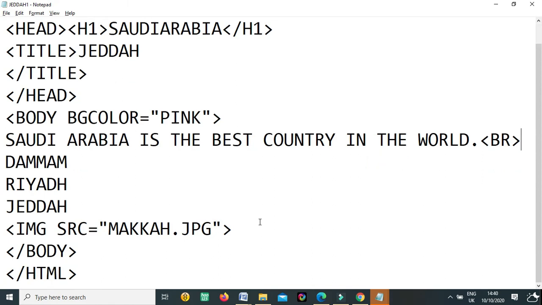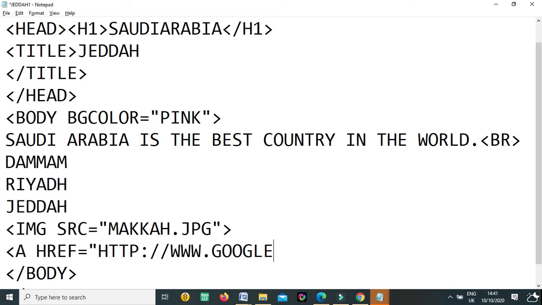Like this. If we have to make a hyperlink, for the hyperlink we have the tag a href. Here, if we have to connect with other pages we created, we can put them, or we can give a website here, but we have to write the whole address. You can open the website and copy it, otherwise you can write the name if you know the correct name.